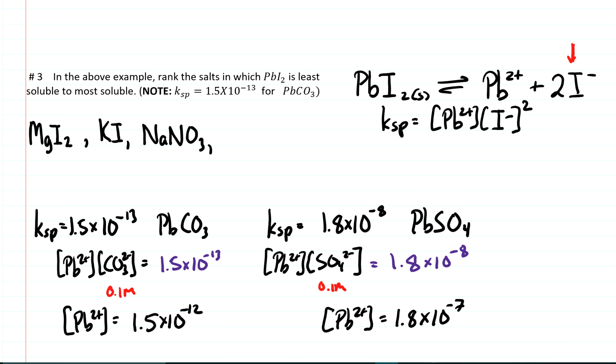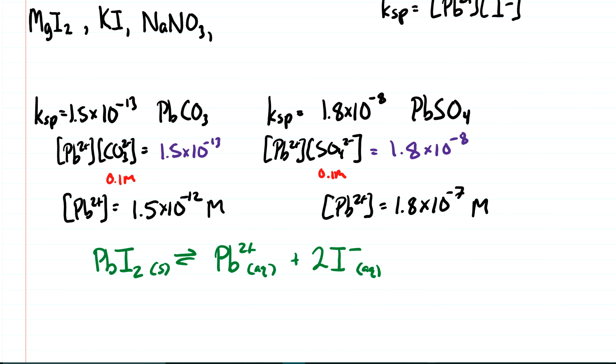So we can see that the first substance here, the minus 12 one, means we'd have much less lead possible in there. So that would be the one it's least soluble in. And the second one has a slightly higher number here, 1.8 times 10 to the minus 7 molar lead possible. And so that would be more soluble. So if we're going from least soluble to most soluble,